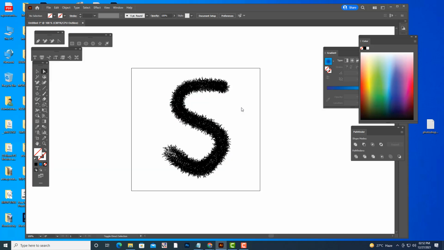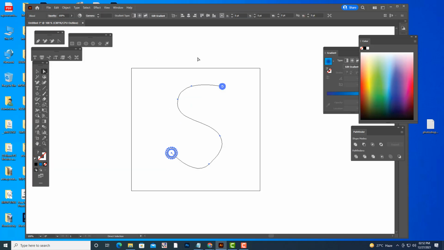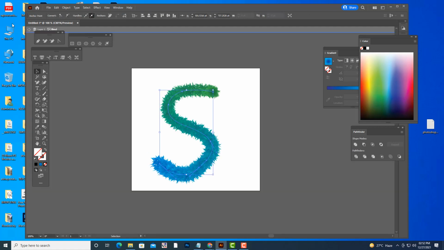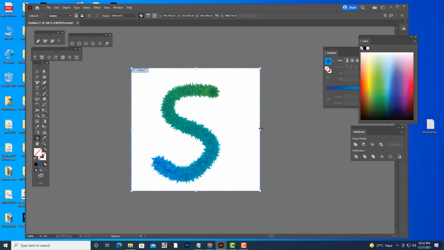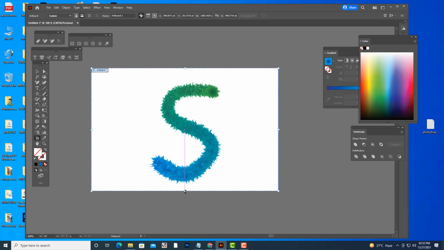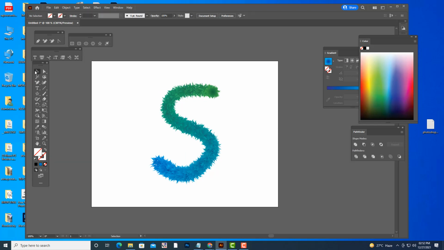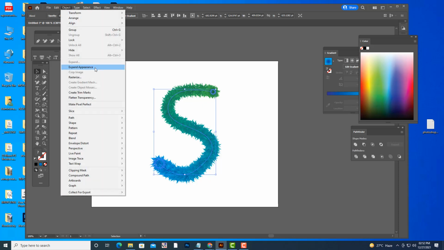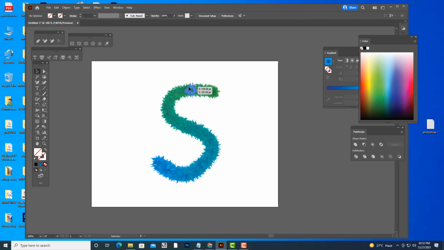We'll just hit Shift O. Sorry, just a minute. Come out of everything and then hit Shift O. Just increase the size of the document. After hitting expand, what do you have to do? We have to first do Object, Expand. Expand means the path is gone, only the shape is left.